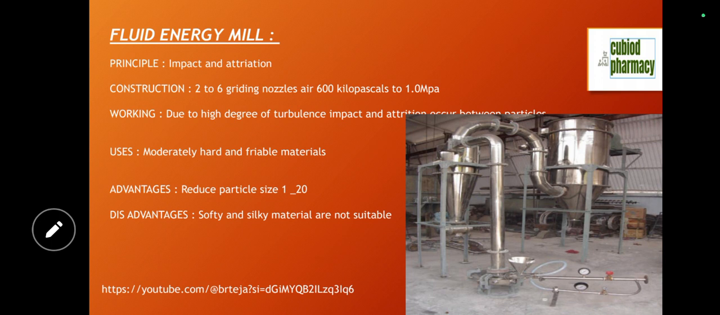Which principle is used in the fluid energy mill? Impact and attrition forces. Construction: two to six grinding nozzles at 60 kilopascals to 1.0 MPa. What's the working? Due to the high degree of turbulence, impact and attrition occur between particles. It is used for moderately hard fibrous materials. Right? Next one,